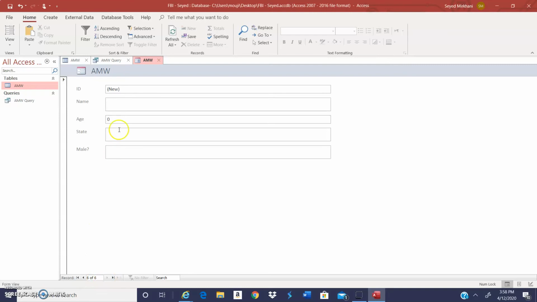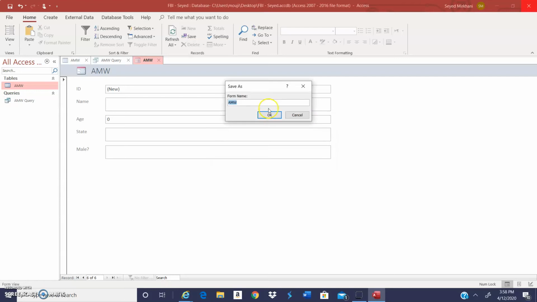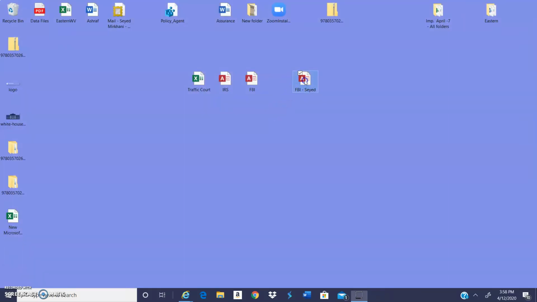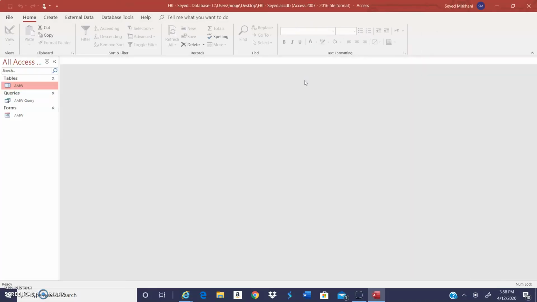I click here. It wants me to put more people here. Therefore, I'm going to close this one. It asks me, do you want to save the changes? I click yes, and I click yes. I want to call the form AMW. This is a form that pulls information from AMW. I click OK. Now I go to Sayed FBI again, and if I look here, I will see